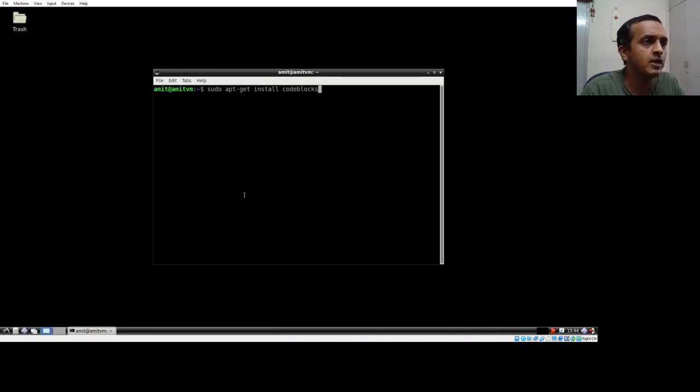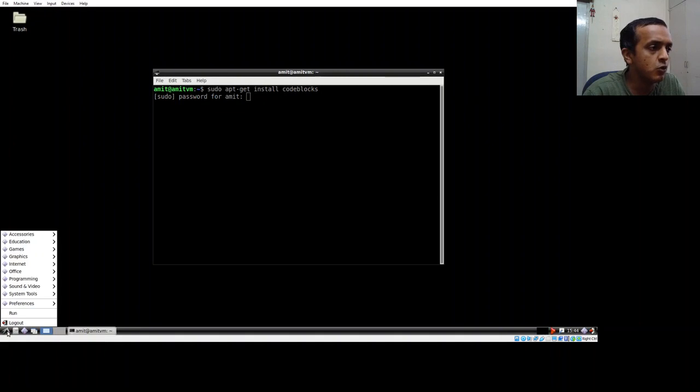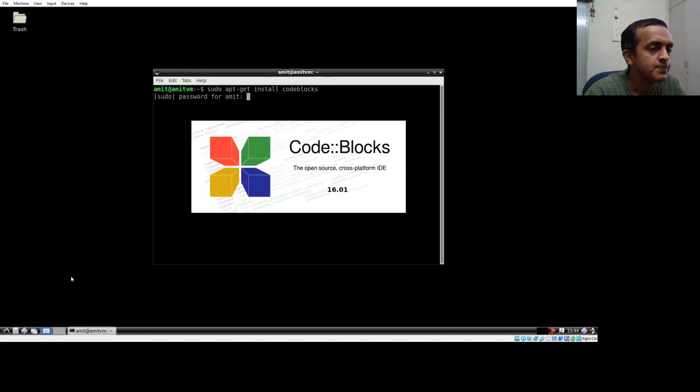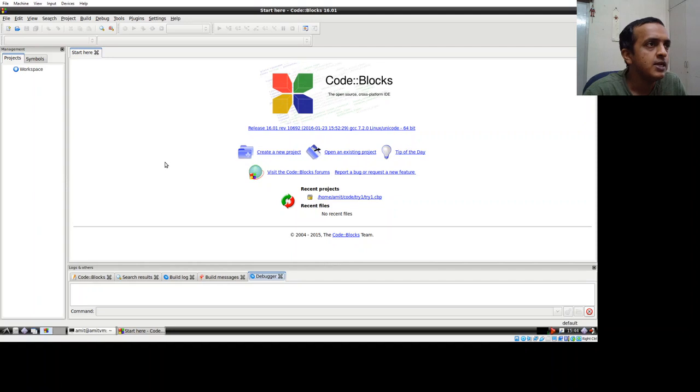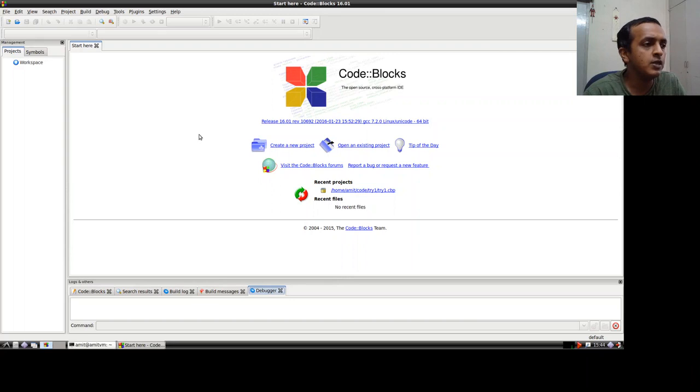With this command you would be able to install it. In my case, I have already installed Code::Blocks on Linux. If you go under Programming here, Code::Blocks is here, and again it has exactly the same settings. As far as usage is concerned, on Linux or on Windows, it's the same thing.